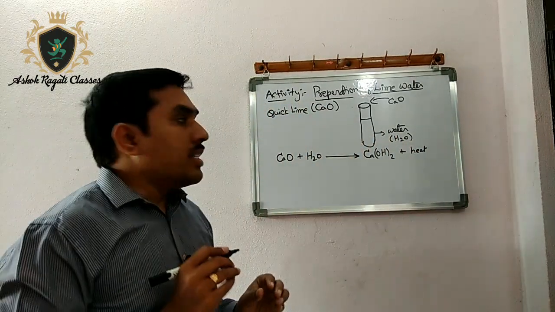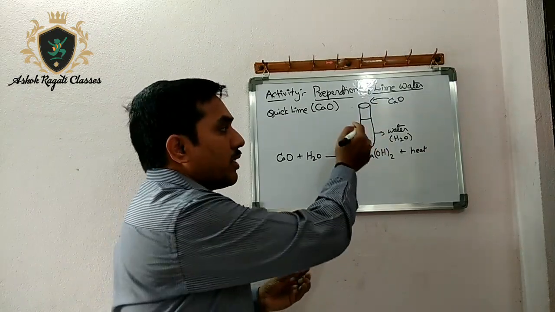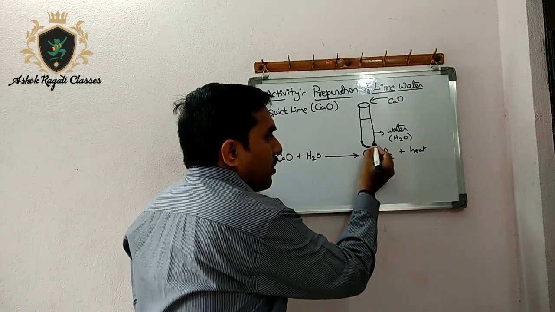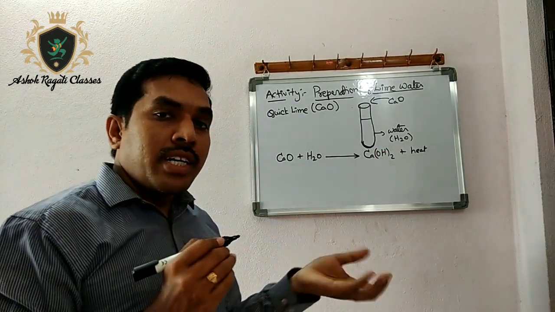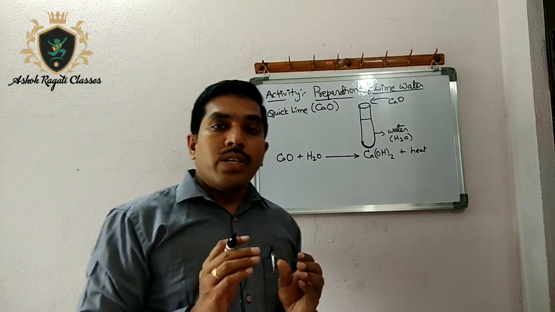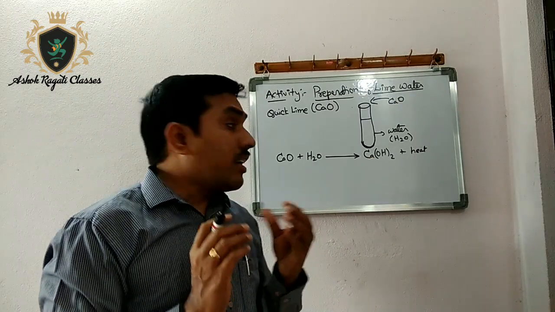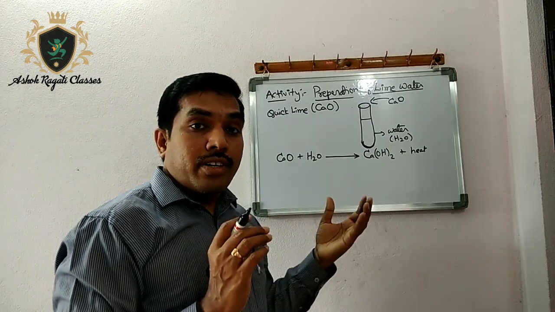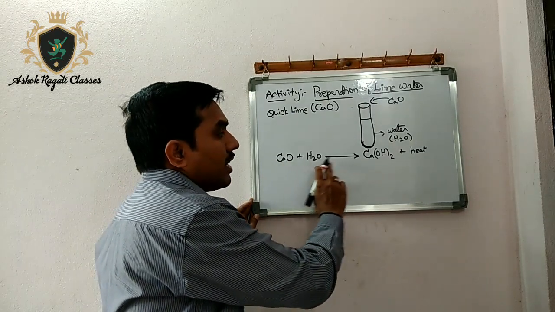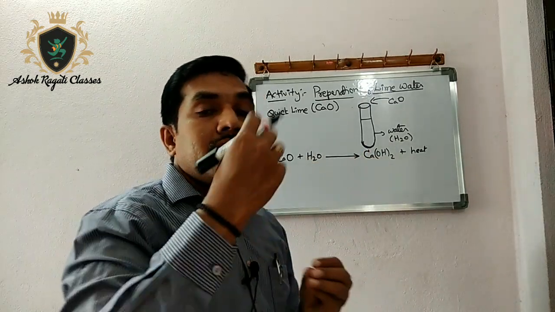Now take some water in your test tube, add a few grams of calcium oxide to this and stir it thoroughly. Now observe by touching the bottom of the test tube. You will notice that the bottom is hot. You will sense some warmness. What is the reason for this? Whenever calcium oxide reacts with water, calcium hydroxide is produced, and in this reaction some heat is also liberated.